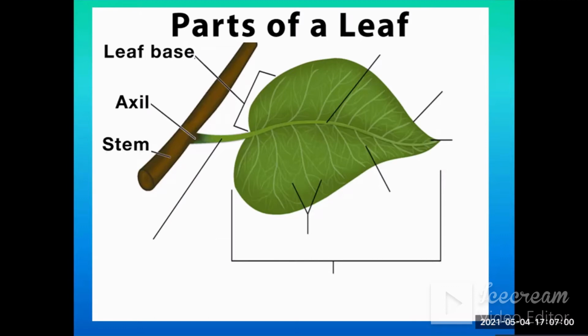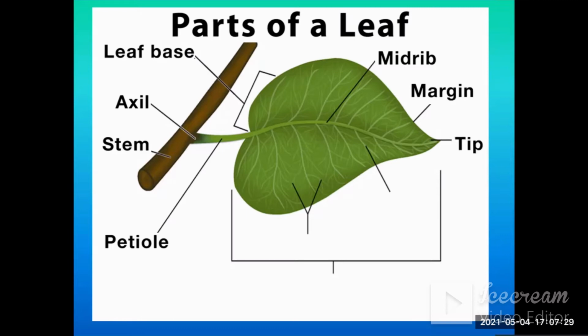That's the stem. That's the petiole. So leaf base and petiole are closely placed. When we come to the midrib, the petiole extends into the broad part of the leaf and divides the leaf into two equal parts, and that is known as the midrib. And we have the leaf margin, which gives the definite shape to the leaf.